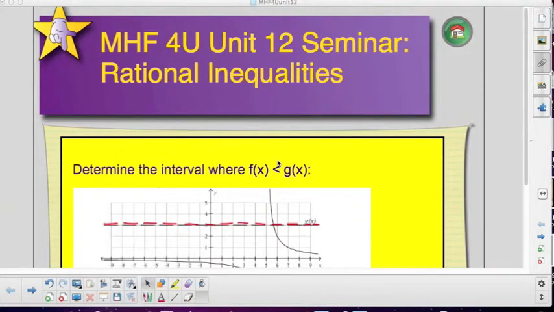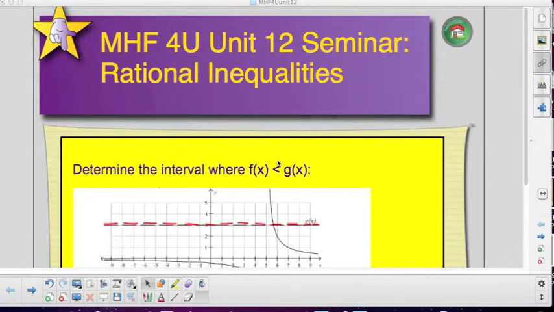Okay, this is a Unit 12 seminar, and today I'm going to focus on rational inequalities because that's the most difficult part of the unit. Linear inequalities, so equations of straight lines, and quadratic inequalities we did in the MCR course. But rational inequalities means we're dealing with rational functions, so we have a numerator and a denominator. And inequality means we're either using the less than, greater than, less than or equal to, greater than or equal